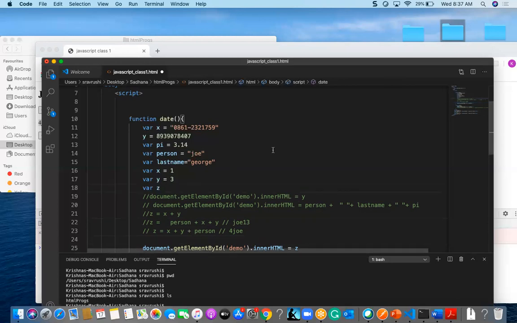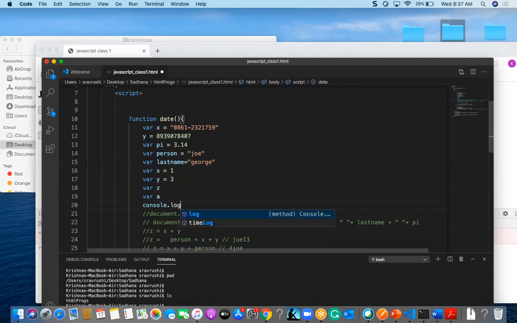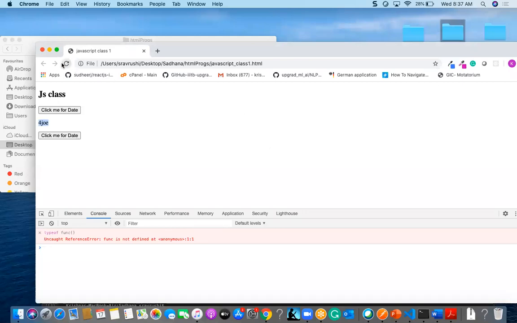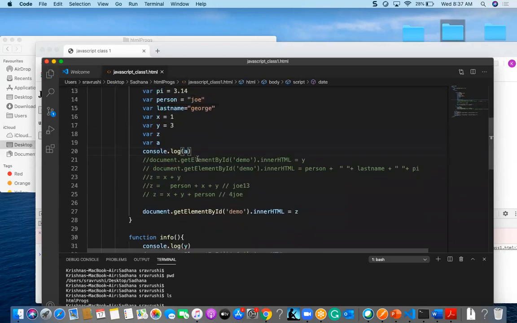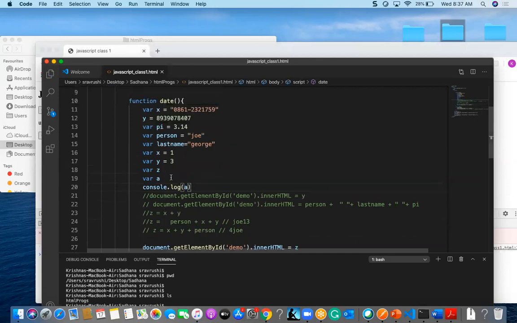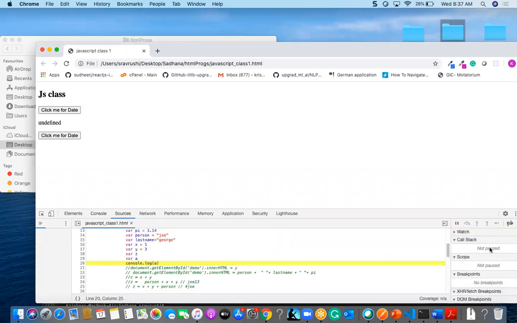So let us think. I have one more variable here, a. I want to check the initial value of this a. If you do console.log, you will find here undefined. At the very first point of time, we take the value as undefined.